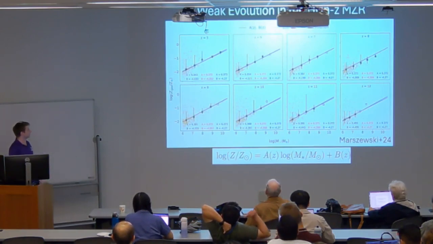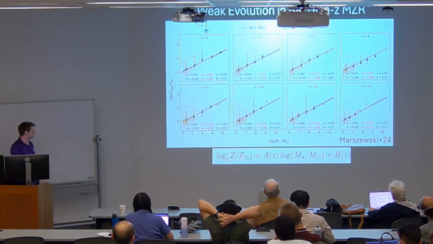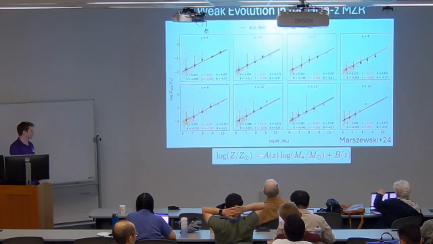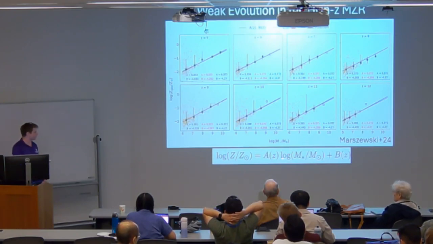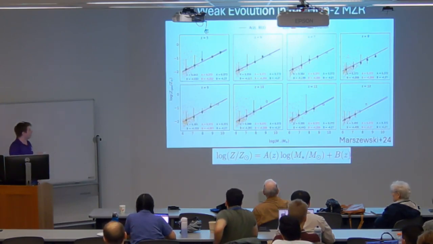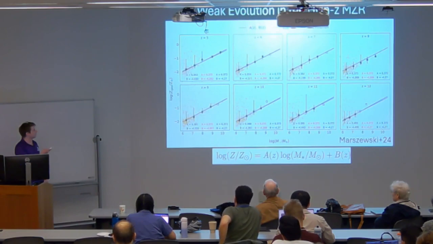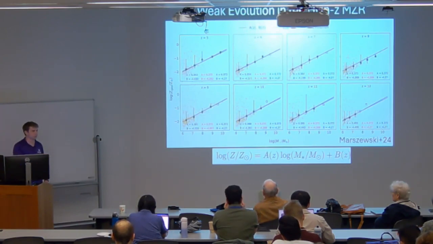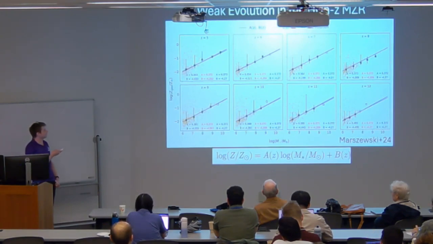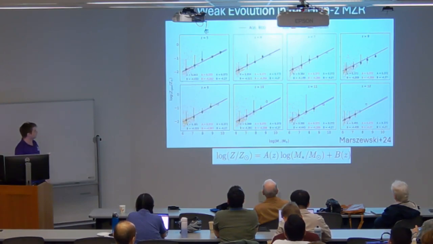We also fit 3 different redshift evolution models using the form shown at the bottom for the gas phase mass relation, which is just a standard power law where A is the slope of the power law and B is the normalization. And in the first model, shown in black, we allow both the slope and normalization to vary smoothly as a function of redshift. The red model, we only allow the normalization to vary smoothly as a function of redshift, and we keep the slope fixed. And then in the blue model, we allow for no evolution, keeping both the slope and normalization fixed. And for where you're sitting, it might not even be possible to make out the difference between these 3 models on our plots.